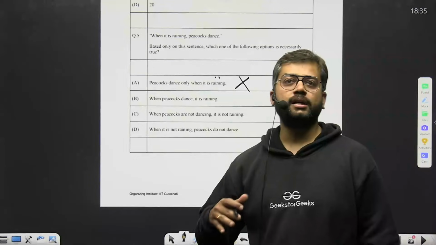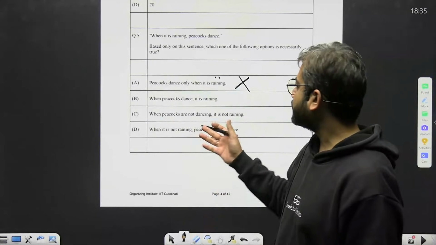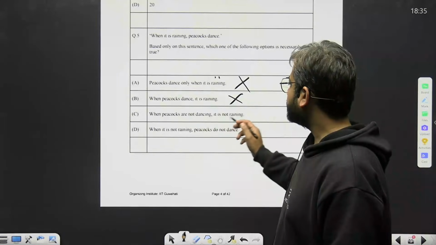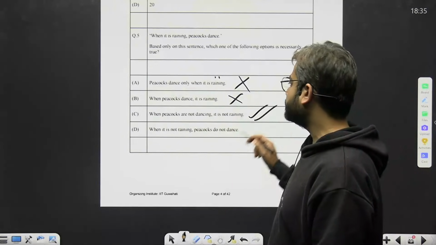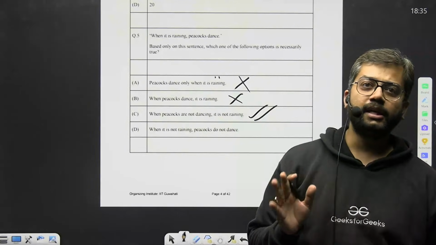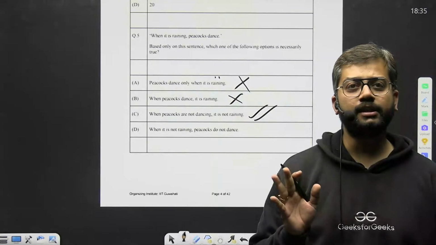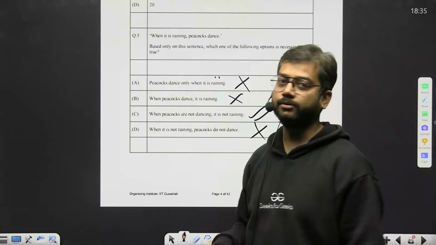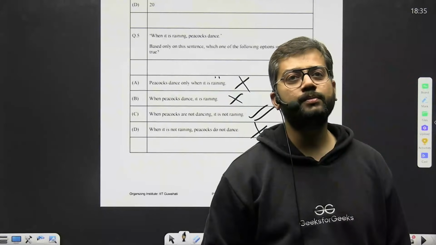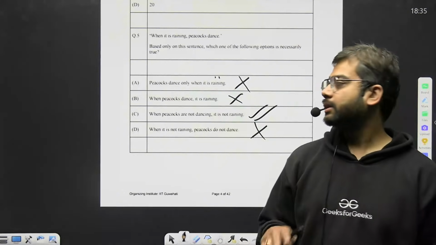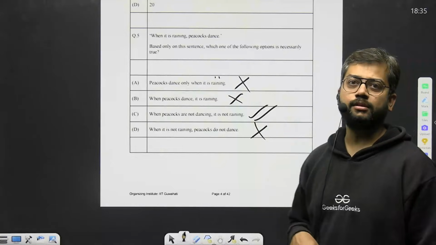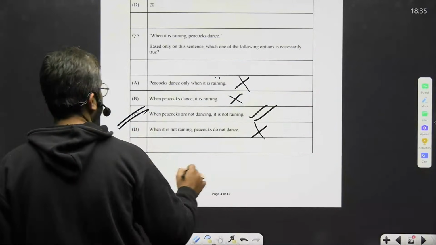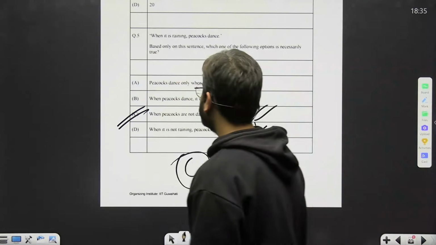स्टेटमेंट में क्या हो गया, अगेन नॉट नेसेसरी का केस आ गया, जब पीकॉक डांस है तो व्हेन लिखा हुआ है ना इट्स रेनिंग, व्हेन पीकॉक आर नॉट डांसिंग इट्स नॉट रेनिंग, ये एक बन सकता है, ठीक है। ये एक आइडिया लग सकता है कि हाँ ये एक प्रोबेबिलिटी बन सकती है, एक पॉसिबिलिटी है, एंड इसका भी गलत हो गया। फॉर दिस क्वेश्चन में ऑप्शन नंबर सी बिल्कुल हमारा सही जा रहा है कि व्हेन पीकॉक आर नॉट डांसिंग इट इज नॉट रेनिंग, ये 100% के इसमें आ ही जाएगा, ठीक है। सो सी बिल्कुल यहाँ पर एक्यूरेट आ गया।